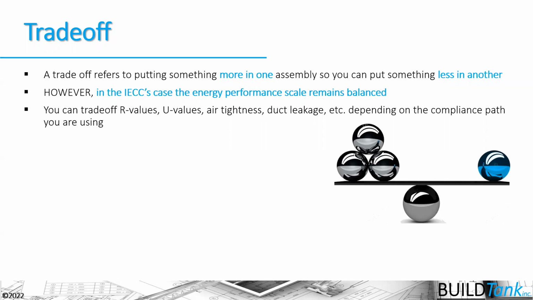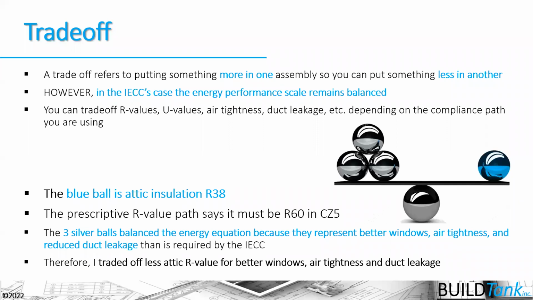And we demonstrate that by using software. But in this example, you can look at the blue ball here as my desire to move from R60 attic insulation in climate zone 5 in the 2021 IECC to R38 attic insulation. And there might be a variety of reasons why I want to do that, that we can talk about in a second. But because I've reduced the R-value from 60 to 38,